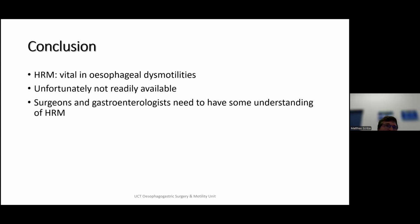Unfortunately, it is not readily available, but I do think if you're in a place that doesn't have manometry, but you have access to a referral center that does, please make use of them. And unfortunately, as surgeons and as gastroenterologists, we do need to have an understanding of manometry, because we're not always